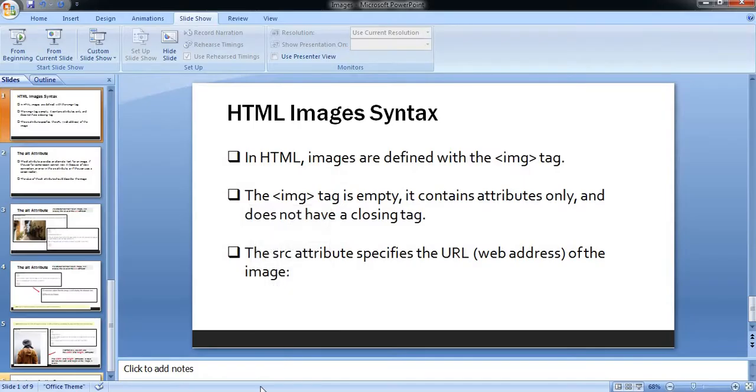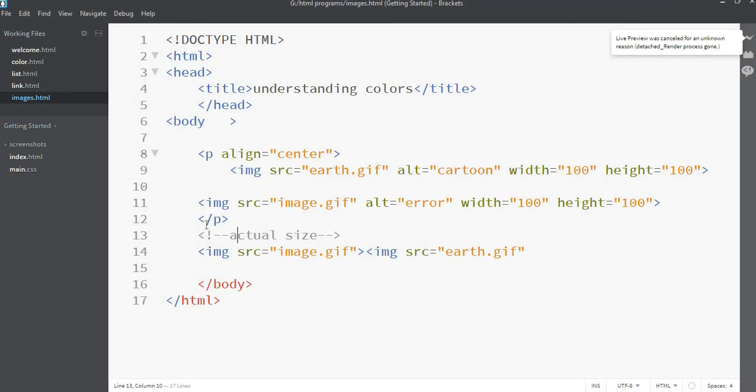Now let's do some practical of images. So here is the example of the images part. Here I'll make an image with the source earth.gif. Alternate, I'll just write cartoon, and I'm just setting the width and height to 100. I'm using 3 images here, one is img earth.